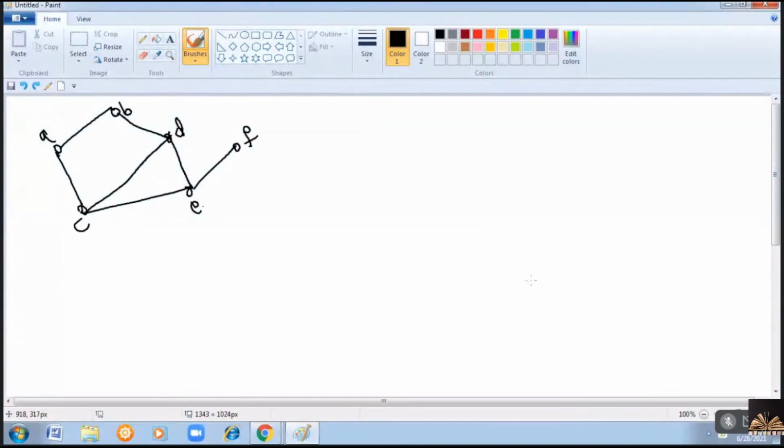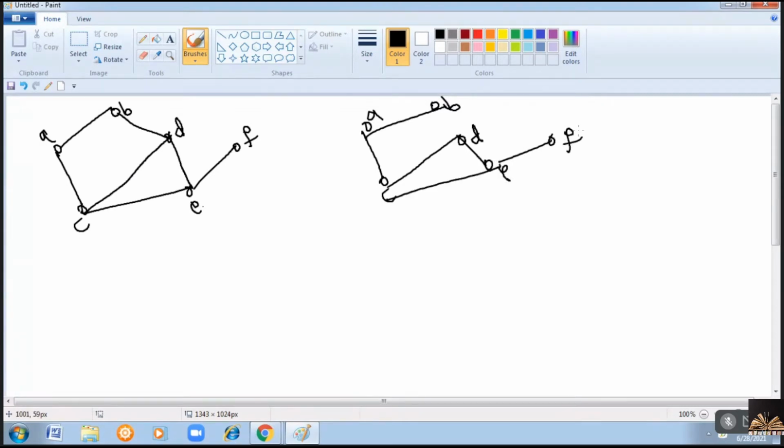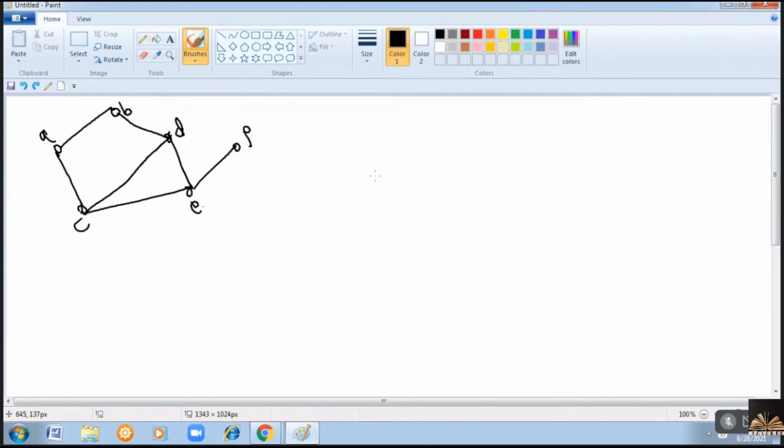You remove one more edge. Let me remove B comma D. Then you will get A here, B here, A C, C to D, A B, E. So after removing BD also, you are not getting a disconnected graph, right? Now try to remove one more. Let me remove C comma D. Then what will happen? Again, you will not get a disconnected graph. Like this, you check all the edges if you want. You try to remove all the edges individually.